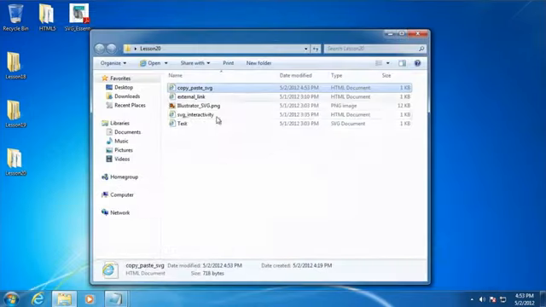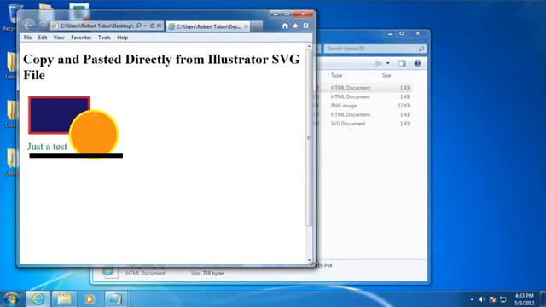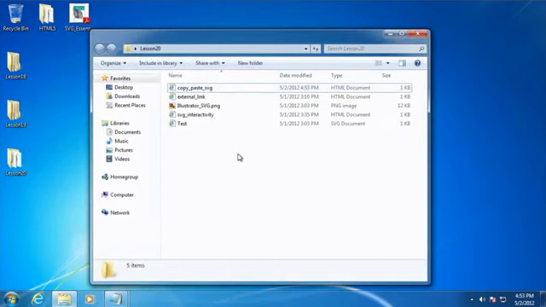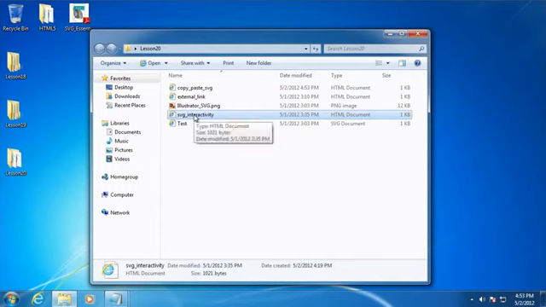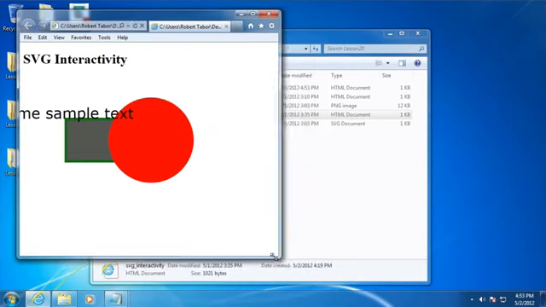And so this is the second way that you can add SVG to your HTML5 pages. Alright, so that's really neat. The last thing that I want to demonstrate is how to write JavaScript that can interact with the SVG. And for this example, you can see I'm going to click Allow Blocked Content here because we have some JavaScript